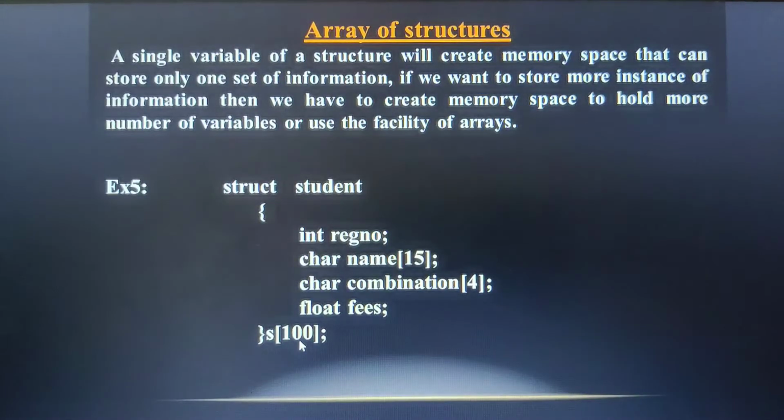So when I have the size as 100 here, since we know that array subscripts begin from the 0th location, the range will be from 0 to 99. So how many students? 0 to 99, in the sense you are able to store 100 students' information. Then each student's information is one separate structure. Like S of 0 represents the first student, it is one structure. S of 1 represents the second student structure, S of 2, S of 3, like that. How many structures are there within one single array of structures? That is 100. I hope you are able to understand.